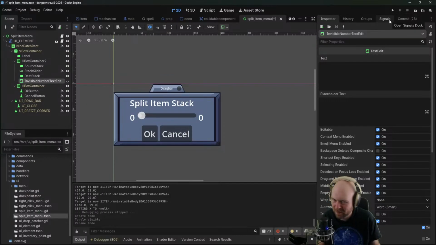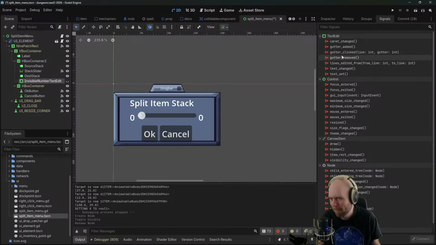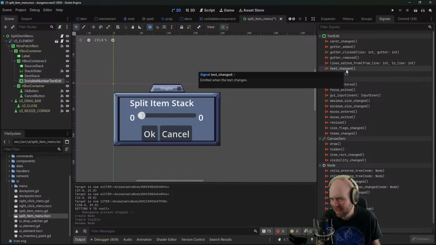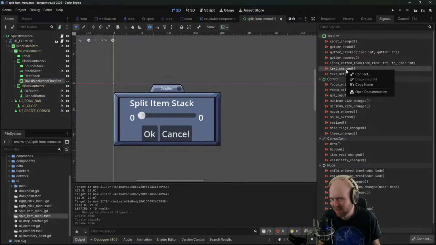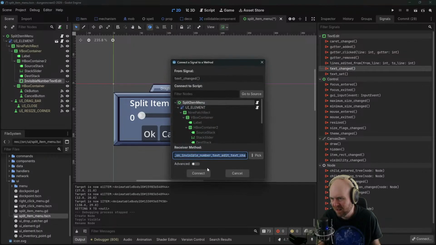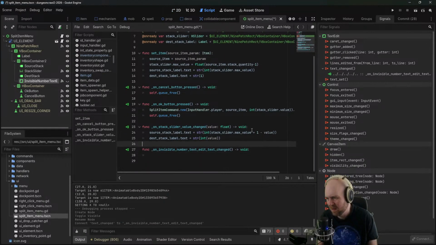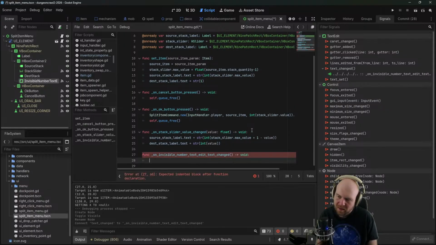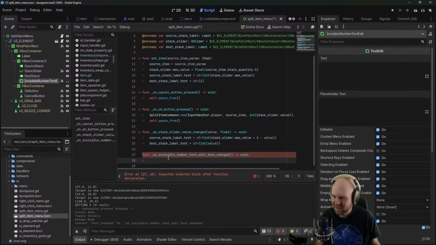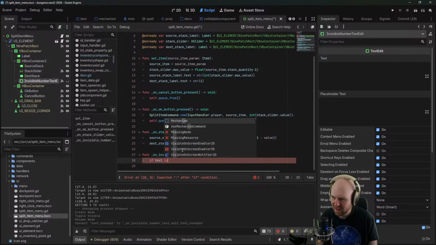If it doesn't work, don't worry about it. It's fine. Text changed. Connect. This has text. If text is